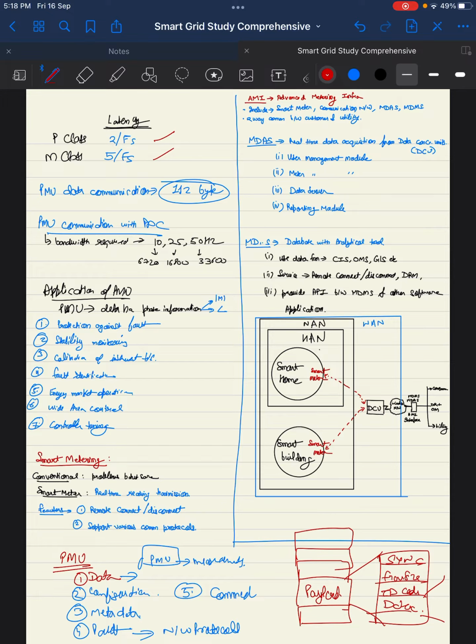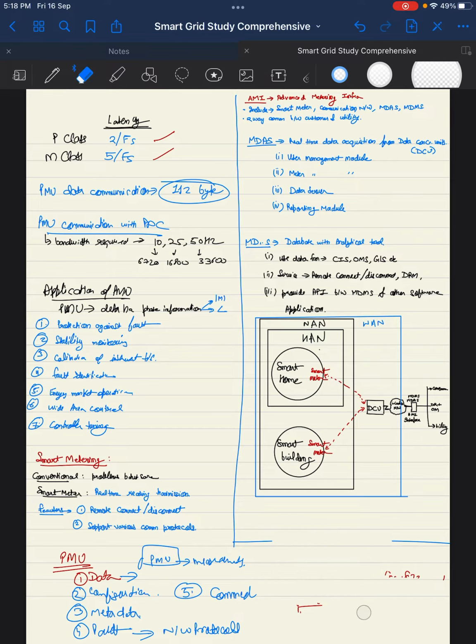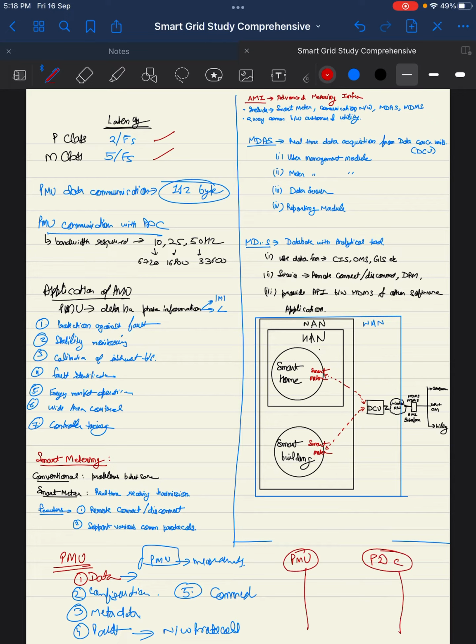Then comes our PMU communication with PDCs. Now we know that the PMU communicates with the PDC. Now we will see how they communicate. So what happens here is, this is my PMU and here is my PDC. The PDC sends the command frame,